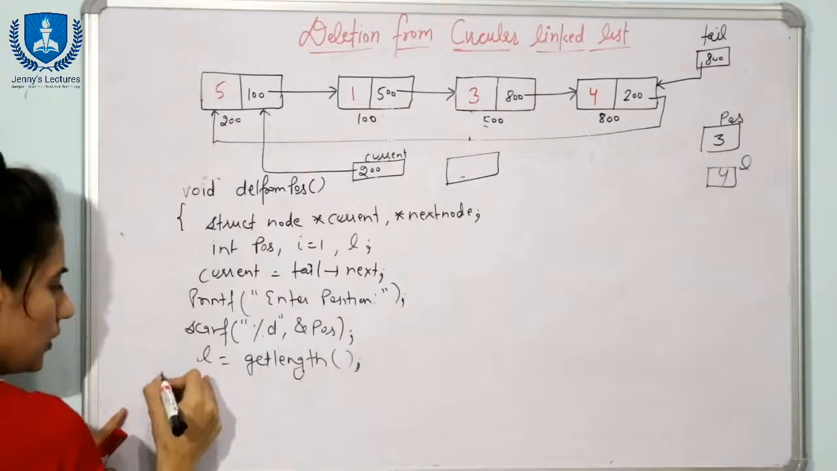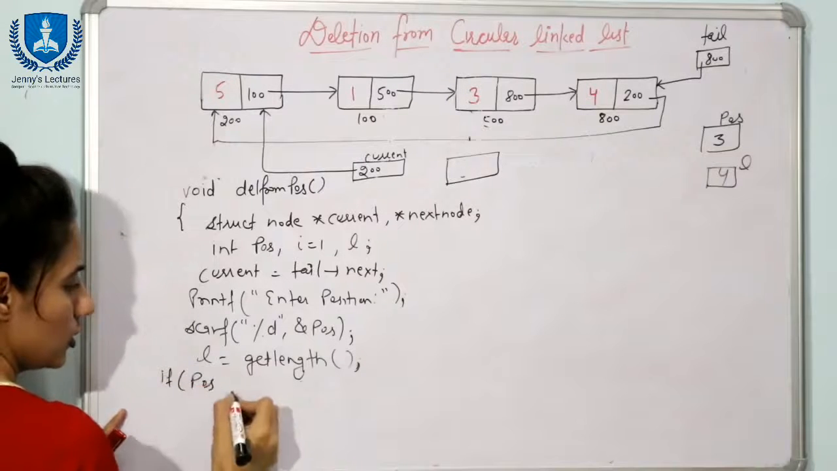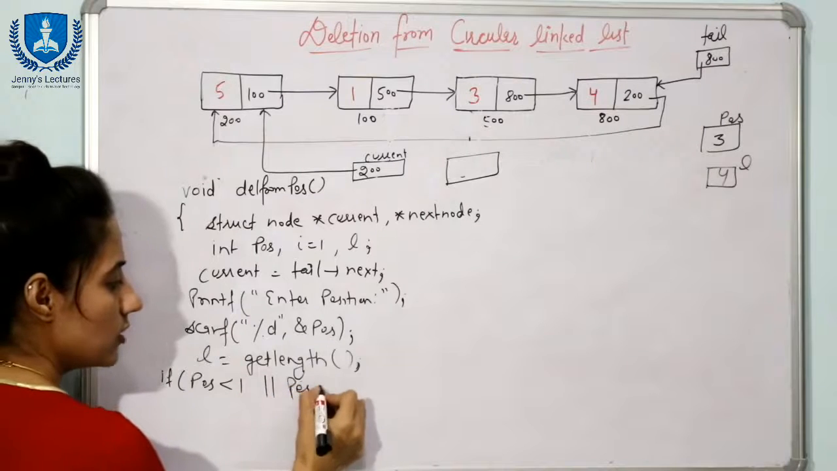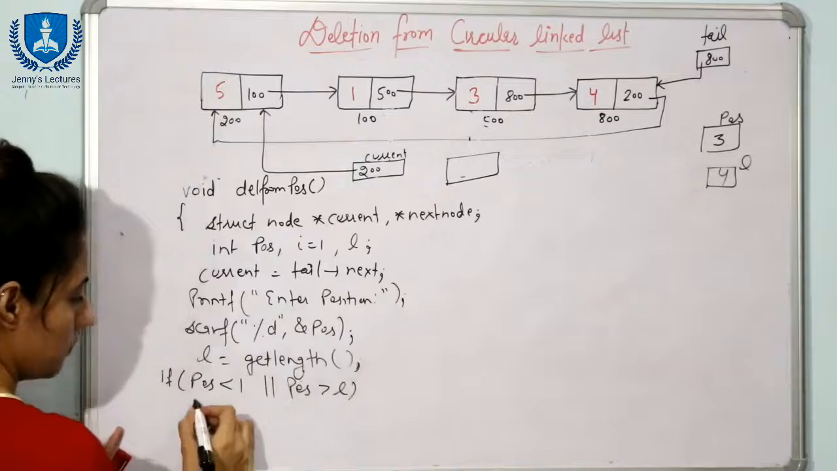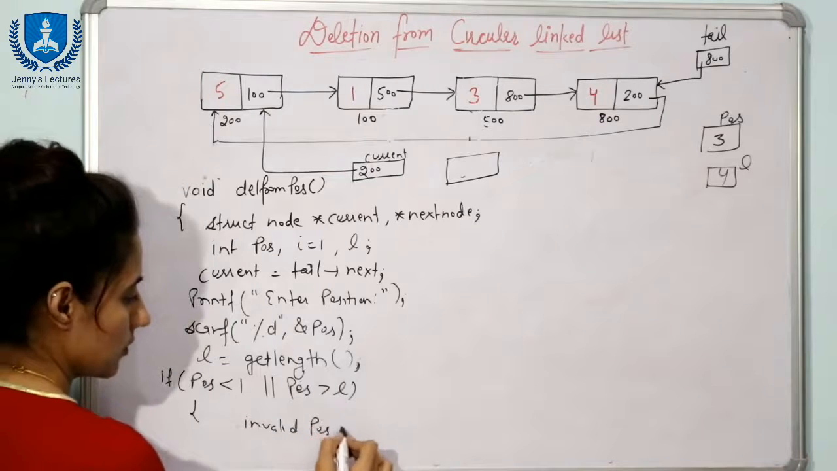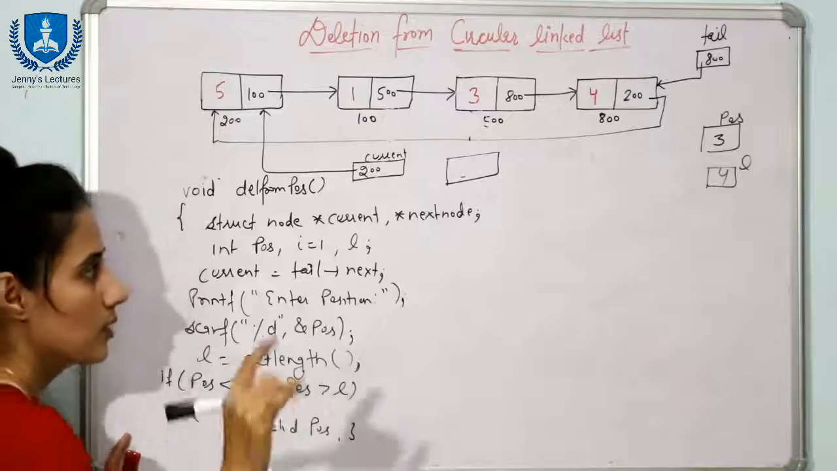So now first of all we will check if this position is less than 1 or the position is greater than this L. It means here you will print invalid position, right? Else,